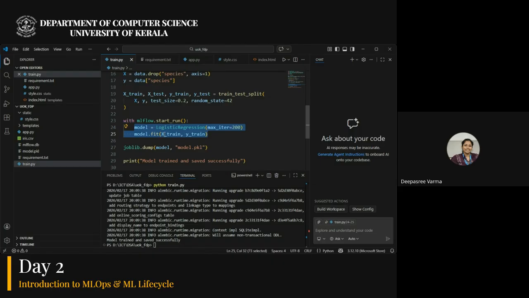To see the experiment, we need to write these inside MLflow. Then only we can log that. Is this applicable for CNN models also? Any model, yes, it is applicable to any model. Okay.